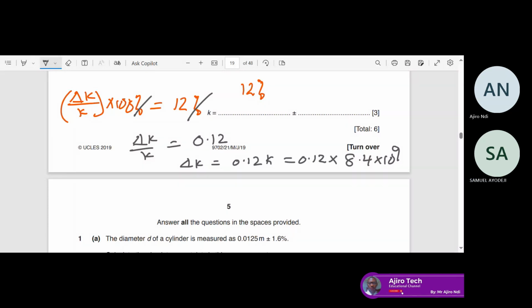1 times 10 to the power 9. Okay. Is it even possible to get an answer like that? You see, when you multiply, what do you get? 1 times 10 to the power 9. Of 9. So,